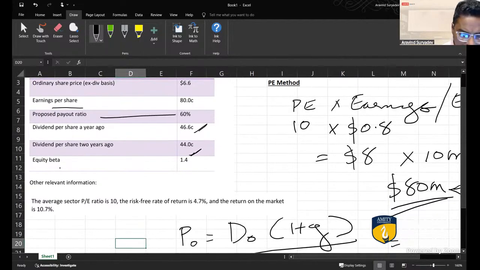Technically, if I know g is equal to bRE, if I know the return on equity and I know what are the earnings being retained, you guys may remember this. What I'm talking about is the Gordon's growth rate formula. So we could actually try that here. Let's see if we have everything that we need. We could use a geometric rate also because they've given us dividends like this. So I'm considering both which method to use. Let's try both. Why not?